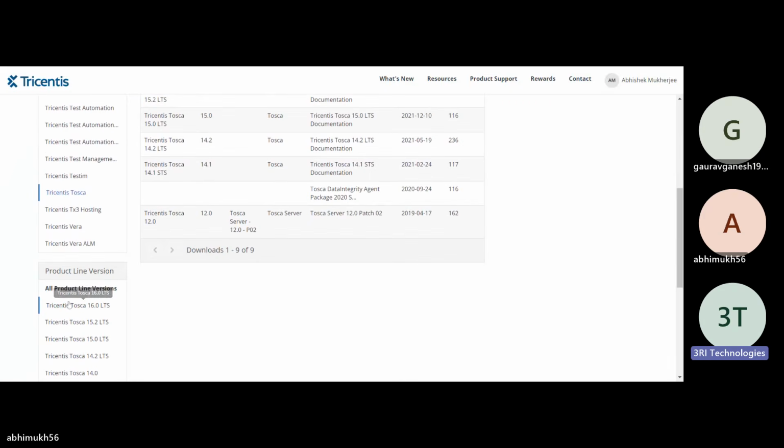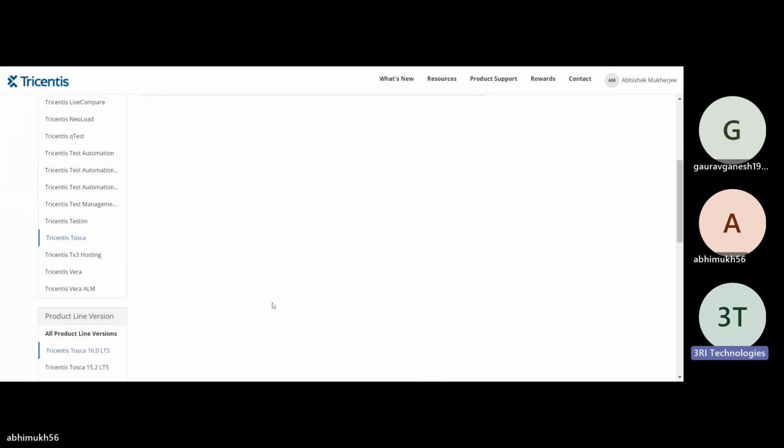Even you are not seeing the share or giving control option, right, Abhimuk? Giving control option. No.